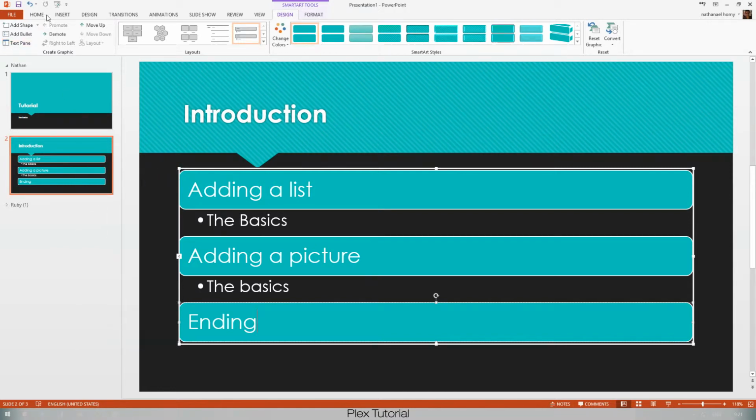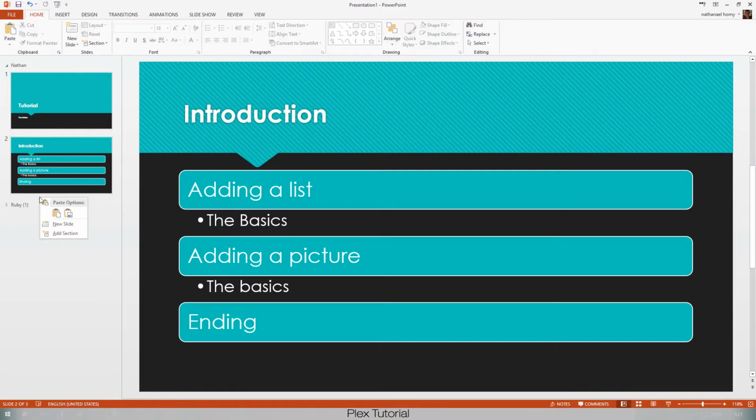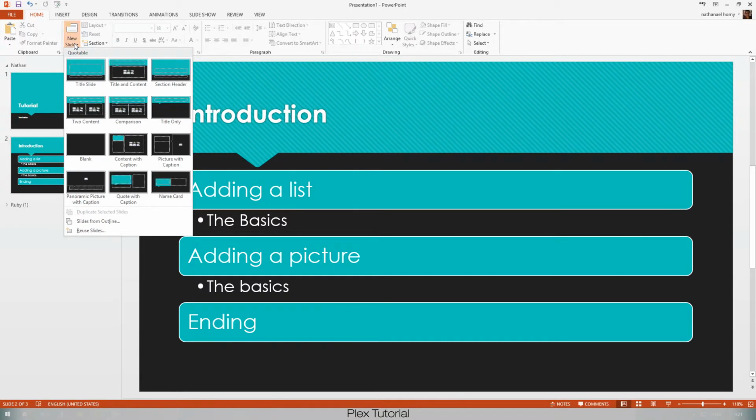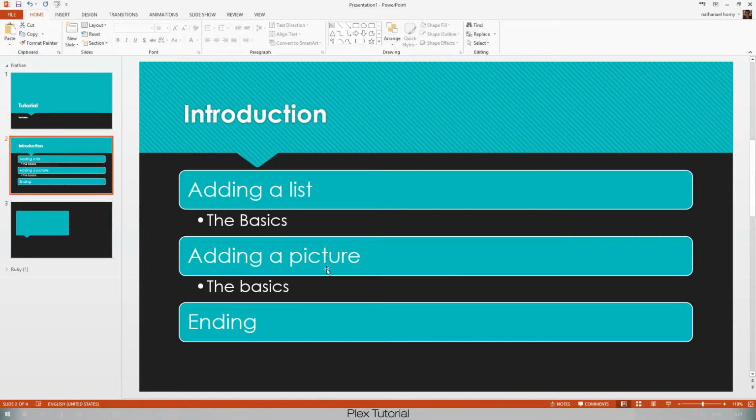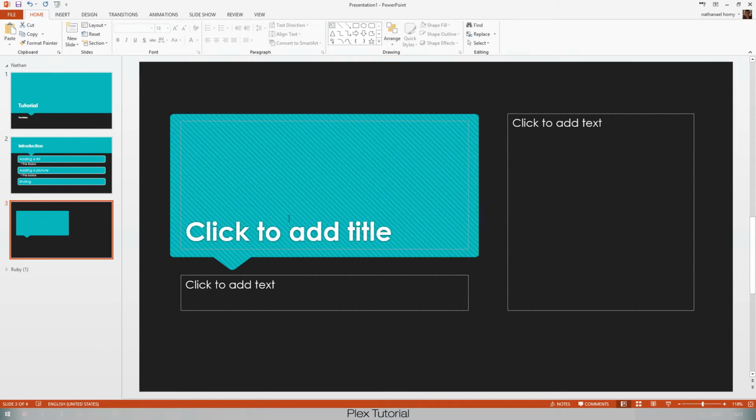And if you want to add a new slide, there are two ways to do that. You can add a new slide from here, or you can go to home and add a new slide by pressing this here and choose the layout of that slide. So let's choose this one here, quote with caption, and we can add a picture in this box or in this box or in this box, even though we don't see those icons that we've seen in this box over here. How to do that is you click in the box you want to add something to, for example here,